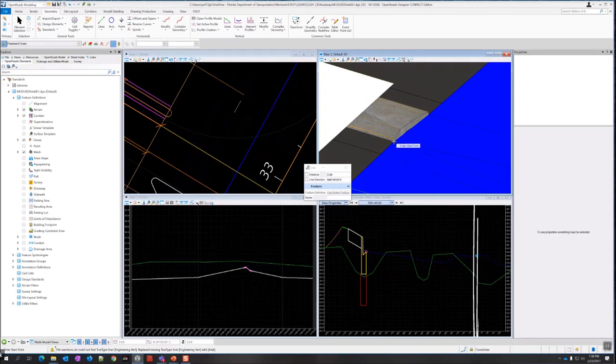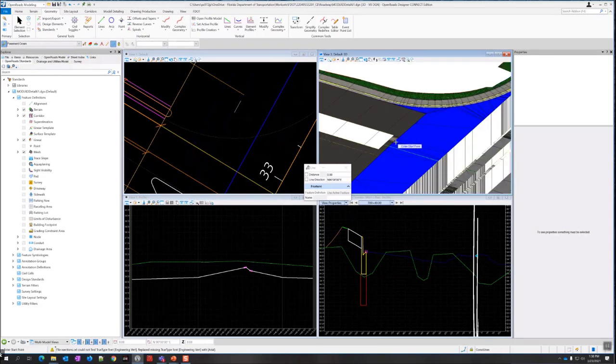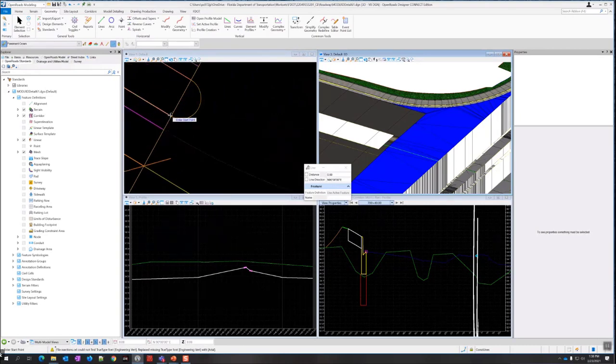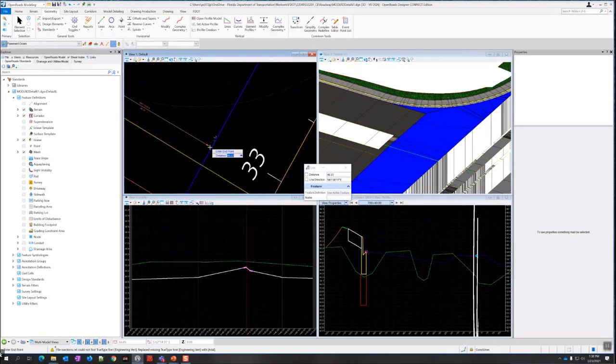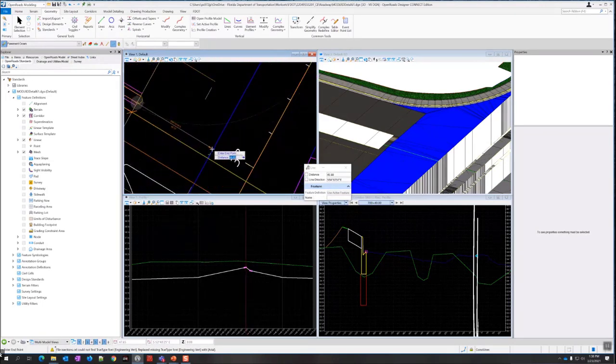So I'm going to start at this point and just go straight across till it intersects with the US 98 corridor. So I'm going to snap right there at the start point. And really I want to snap to this milling line right here. So I'm going to just see if it'll let me do a perpendicular snap. There we go.